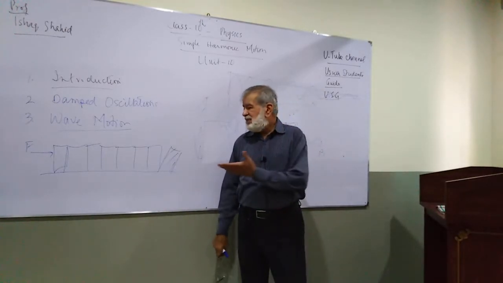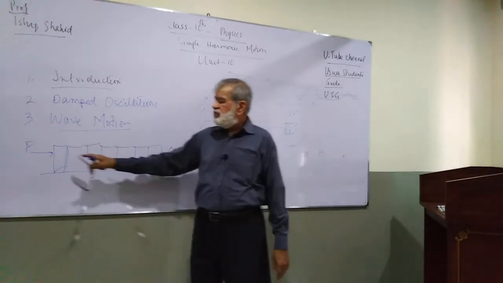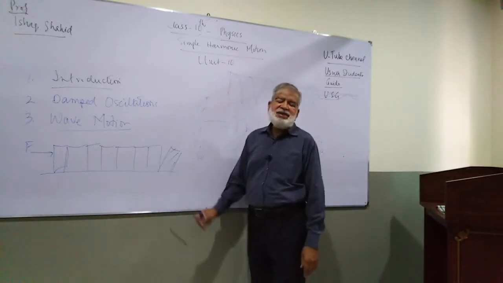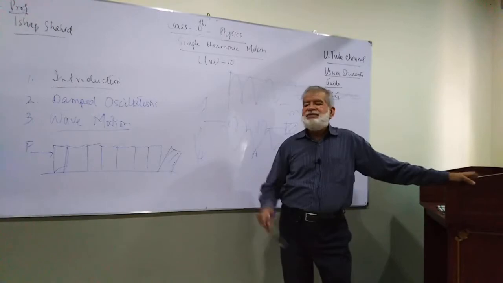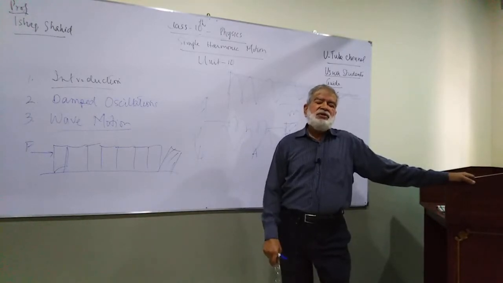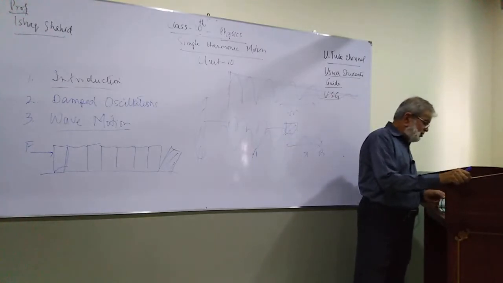What is that which has traveled, which has caused the last book to fall down? Although the force was applied on the first one, this is the disturbance that travels through a medium, and that disturbance is known as a wave. So what is a wave? A wave is a disturbance that travels through a medium